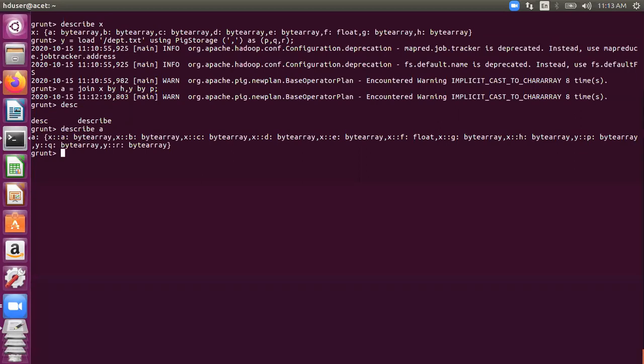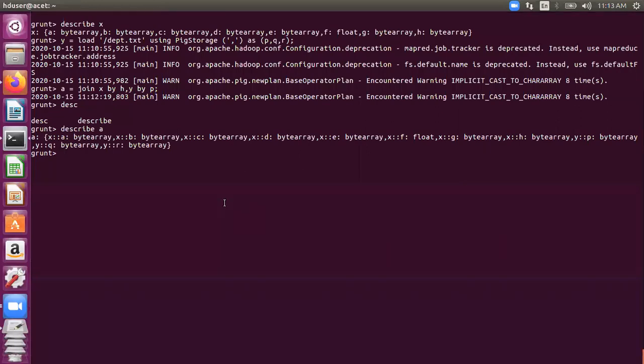So we'll have all the columns from both the tables. You can see the schema, and you see the relation, the field names or the column names are preceded by the table name. So A column belongs to X relation. You can see very clearly. Similarly, P belongs to Y. You can see the description here. Thank you, Guleen. Thank you very much.